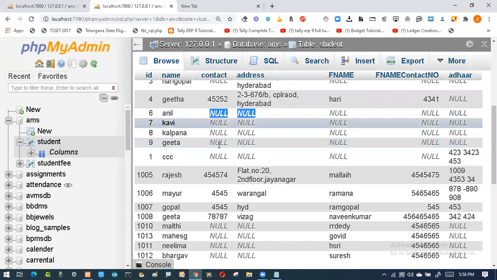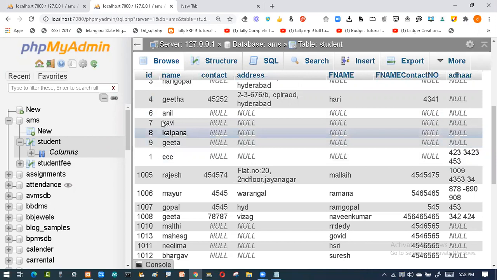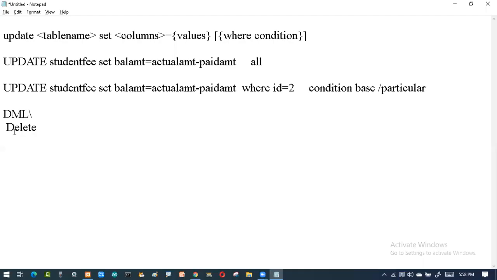If you have data, you update it. If you don't require it, you delete it. So remember the numbers 6, 7, 8, 9 are the ones I want to remove. So I'll use the command called delete. Delete is the command which is going to delete the information from the table. Now this is temporary. So when I'm saying delete, I can go with the temporary one.